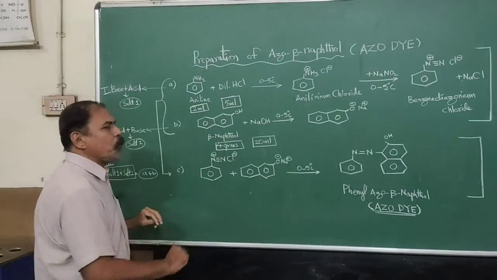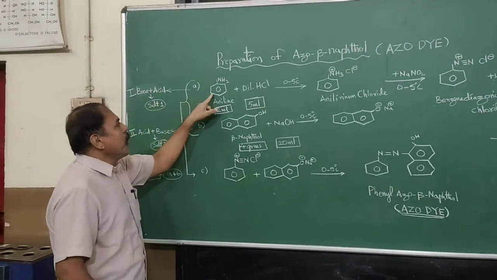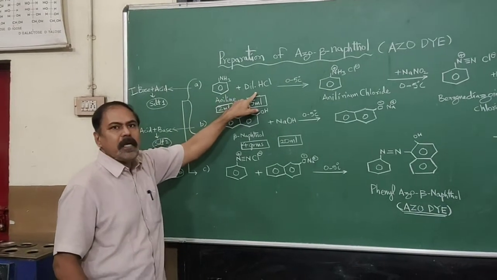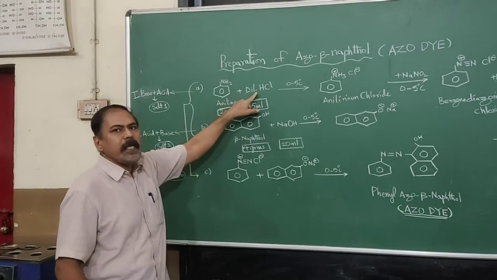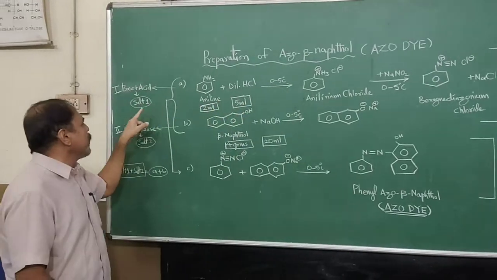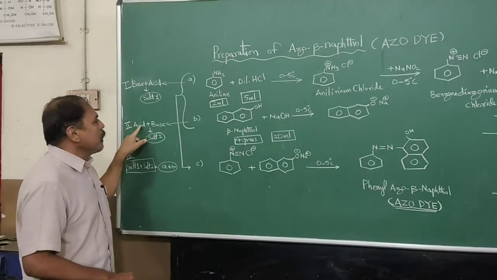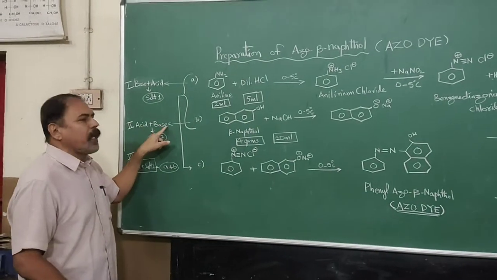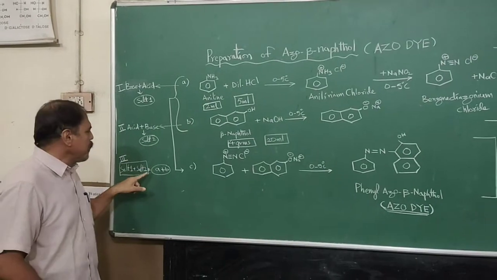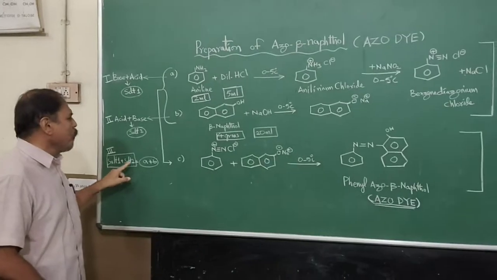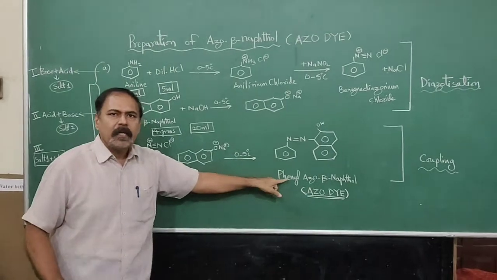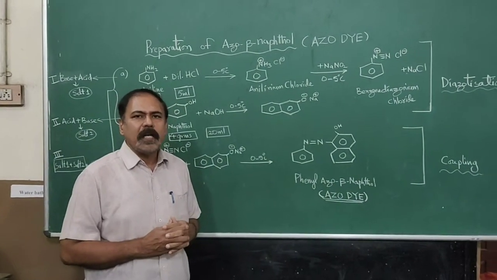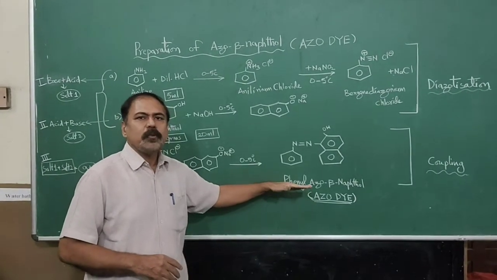In this step what we are supposed to remember is, here aniline is base. When you are taking base, we are adding acid. Base is added with HCl. So aniline is base, we are adding HCl, we are forming a salt. So you are getting a salt 1. In second step, here beta naphthol is acid, we are adding base. So to acid we are adding base. So you are getting second salt. In third step, salt 1 and salt 2, when you mix, automatically you will get dye. This is the basic and simple experiment. You will get a beautiful yellow to orange coloration when you get this dye. Let us do the experiment and see.